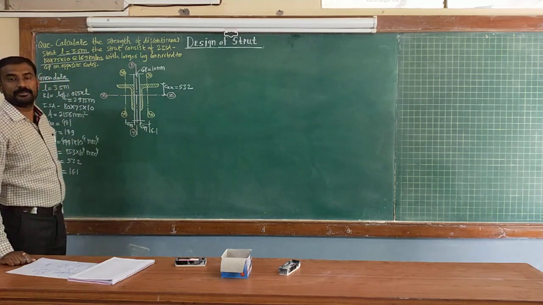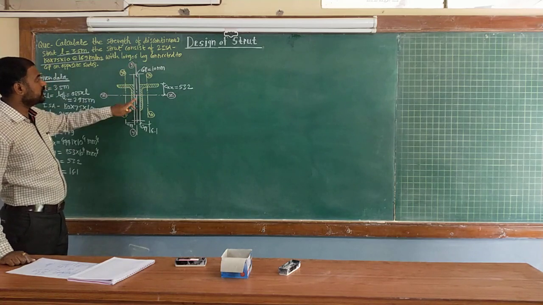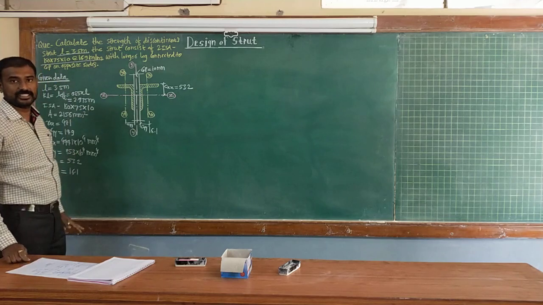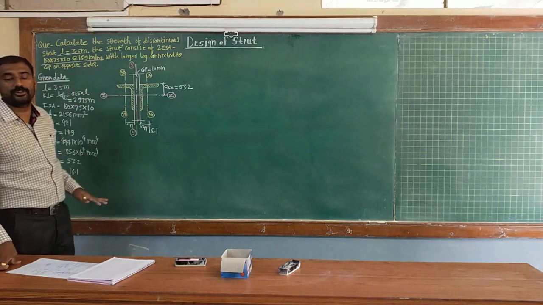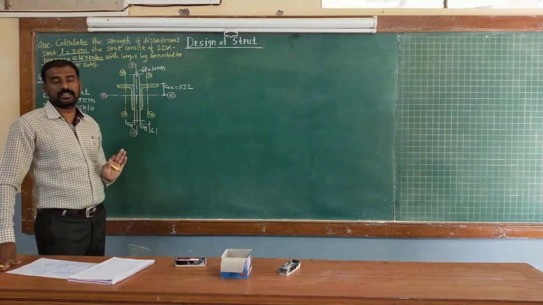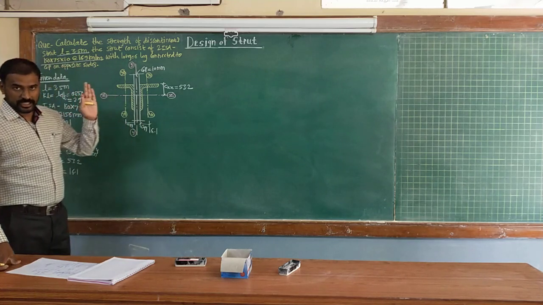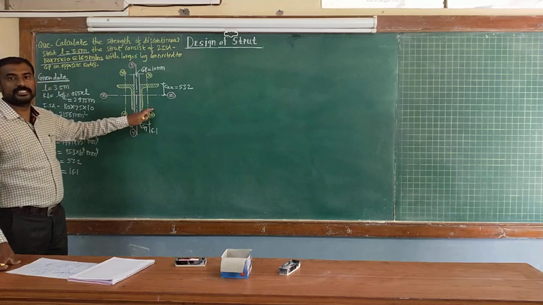So the section is symmetrical about this particular vertical y axis, correct, and it is unsymmetrical about the horizontal z axis. So this is the distance between two parallel axes, and for calculating your combined moment of inertia we are going to use the parallel axis theorem, correct. So the perpendicular distance between the CG of the entire section and the CG of the individual section, that we are going to